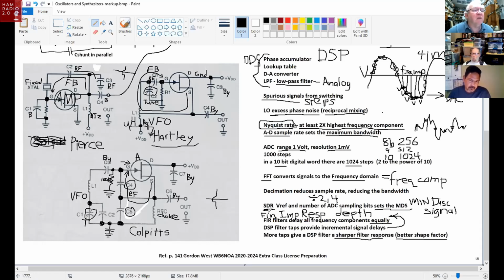So this is how DSP filters are built. Now all this is coded in computer code. We're not going to do computer code, but that's how you build DSP filters, using a finite impulse response to delay all the components equally, using digital filter taps to provide the incremental signal delays. And you have to remember that more taps gives the DSP filter a sharper response, which is a better shaped filter. Now the problem here is that we've run out of time